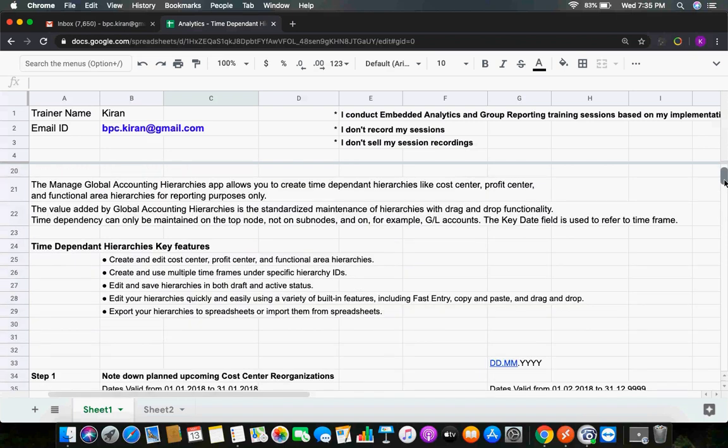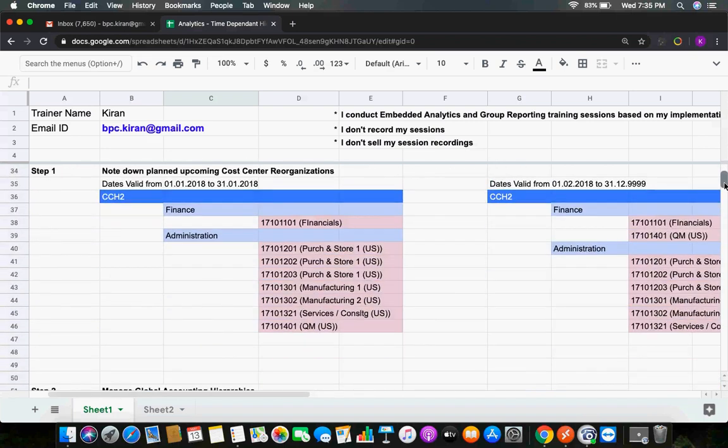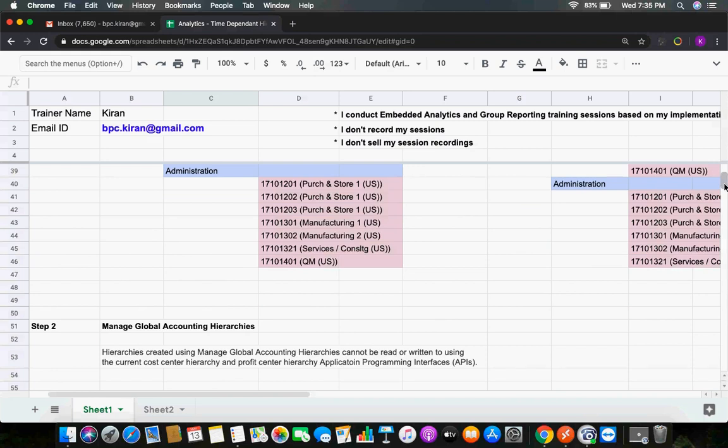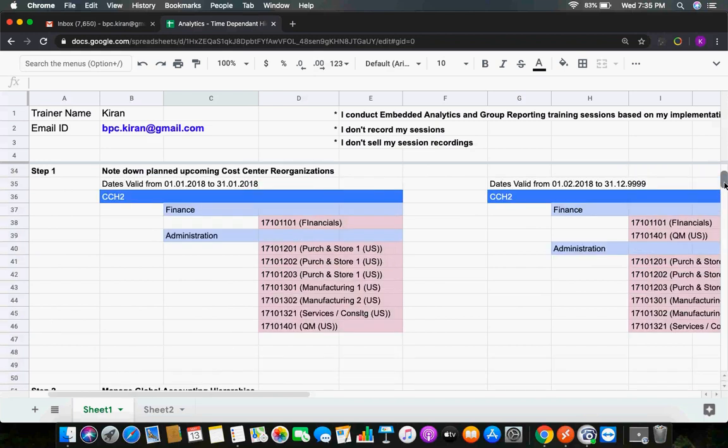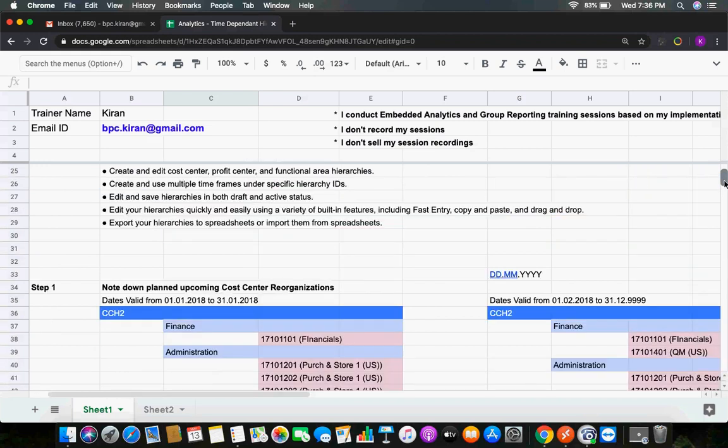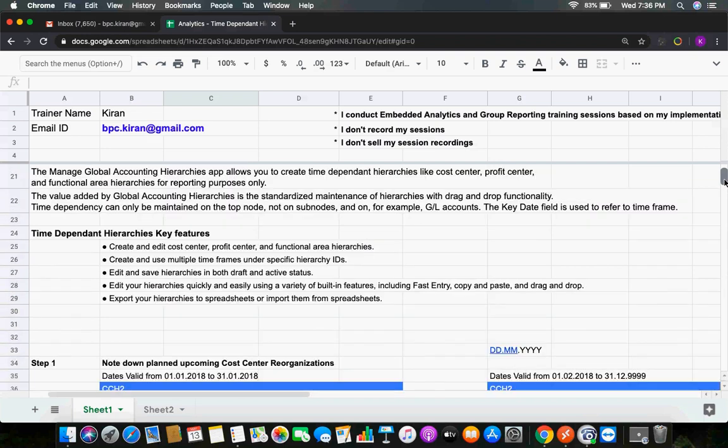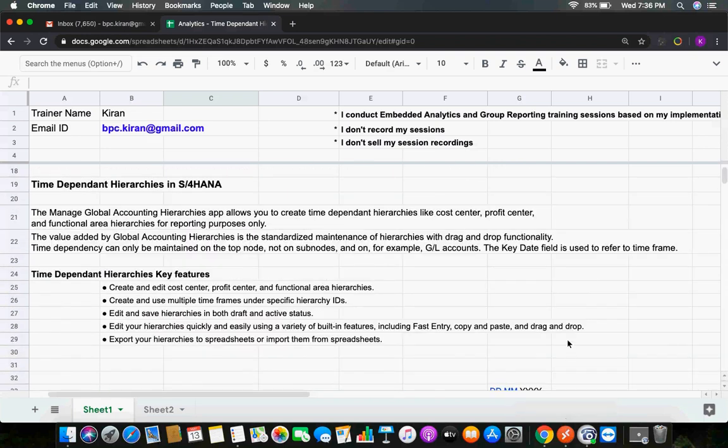This is the new functionality that came to enable time-dependent hierarchies. Whatever table it is storing in, this functionality is available. If your customer has this requirement, you can configure using managed global accounting hierarchies. Let's not go to the technicalities.